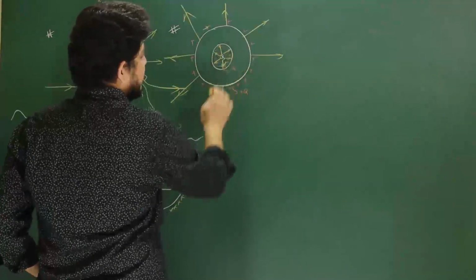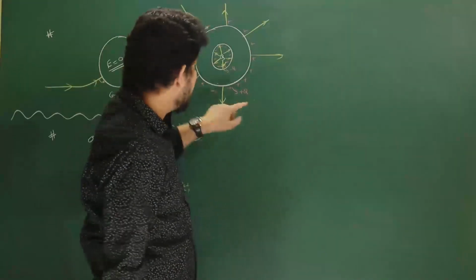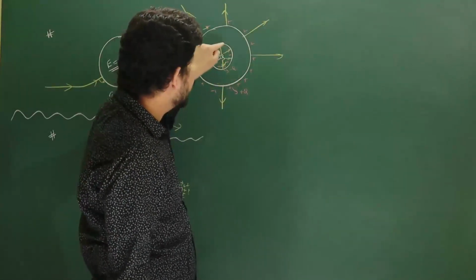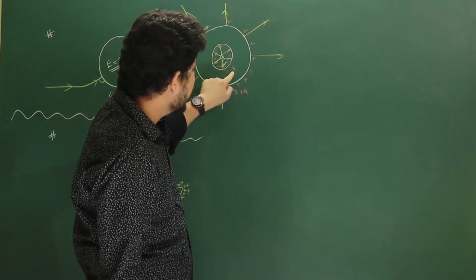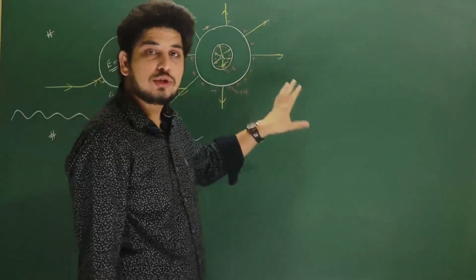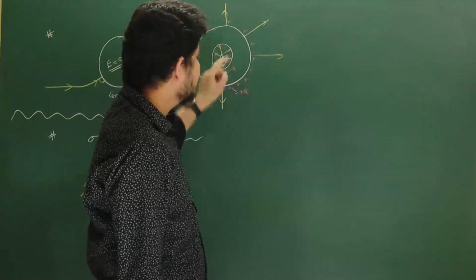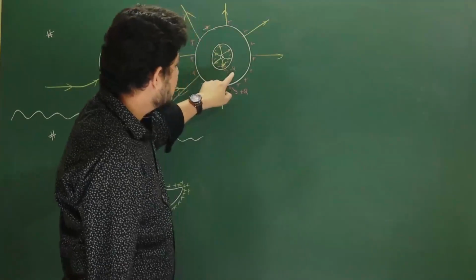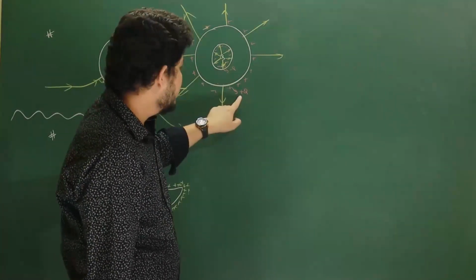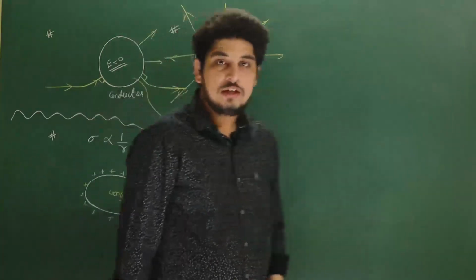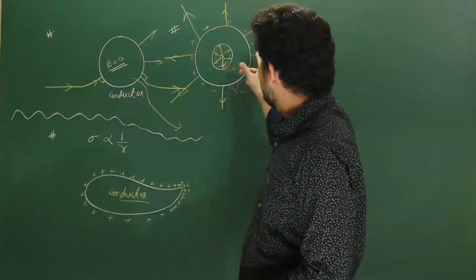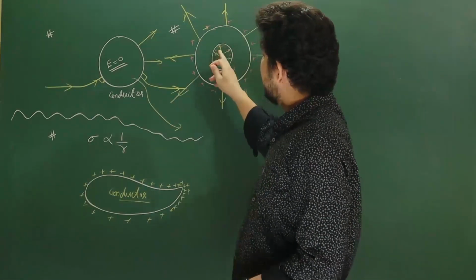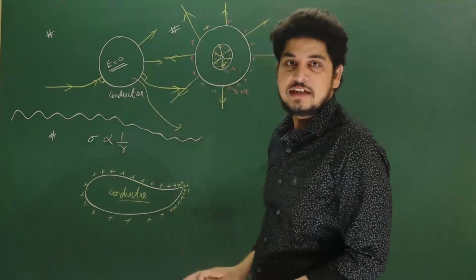Similarly, in this part you can see that this is a conductor, and this is a part of the conductor. This is a cavity inside the conductor. If we place a charge Q in the cavity of the conductor, then a negative charge having value equal to minus Q will be induced on the inner part of the surface. Getting my point? Similarly, if this is minus Q charge, then plus Q charge will be induced on the outer surface of the conductor. So electric field lines will go like this, and electric field lines are coming out from this small Q charge like this. Getting my point?